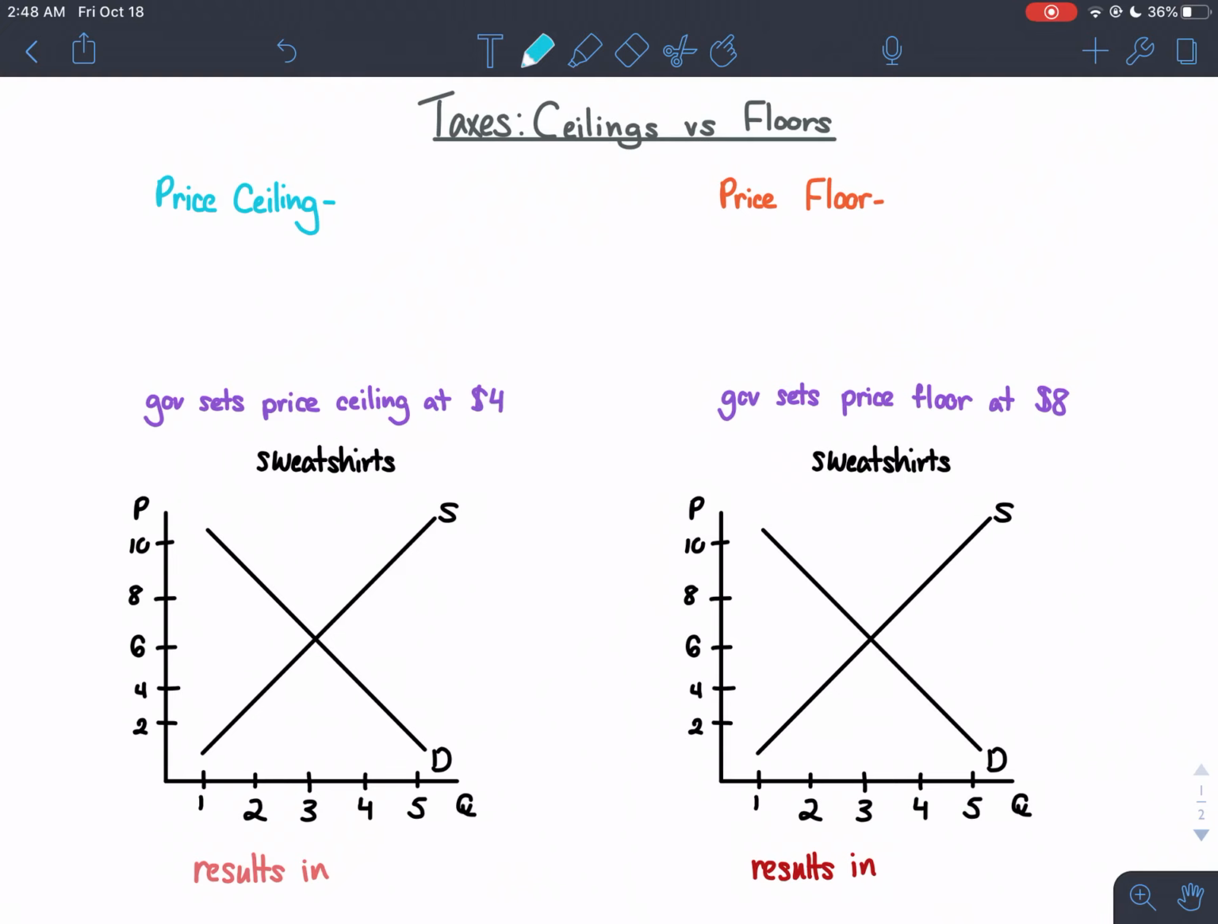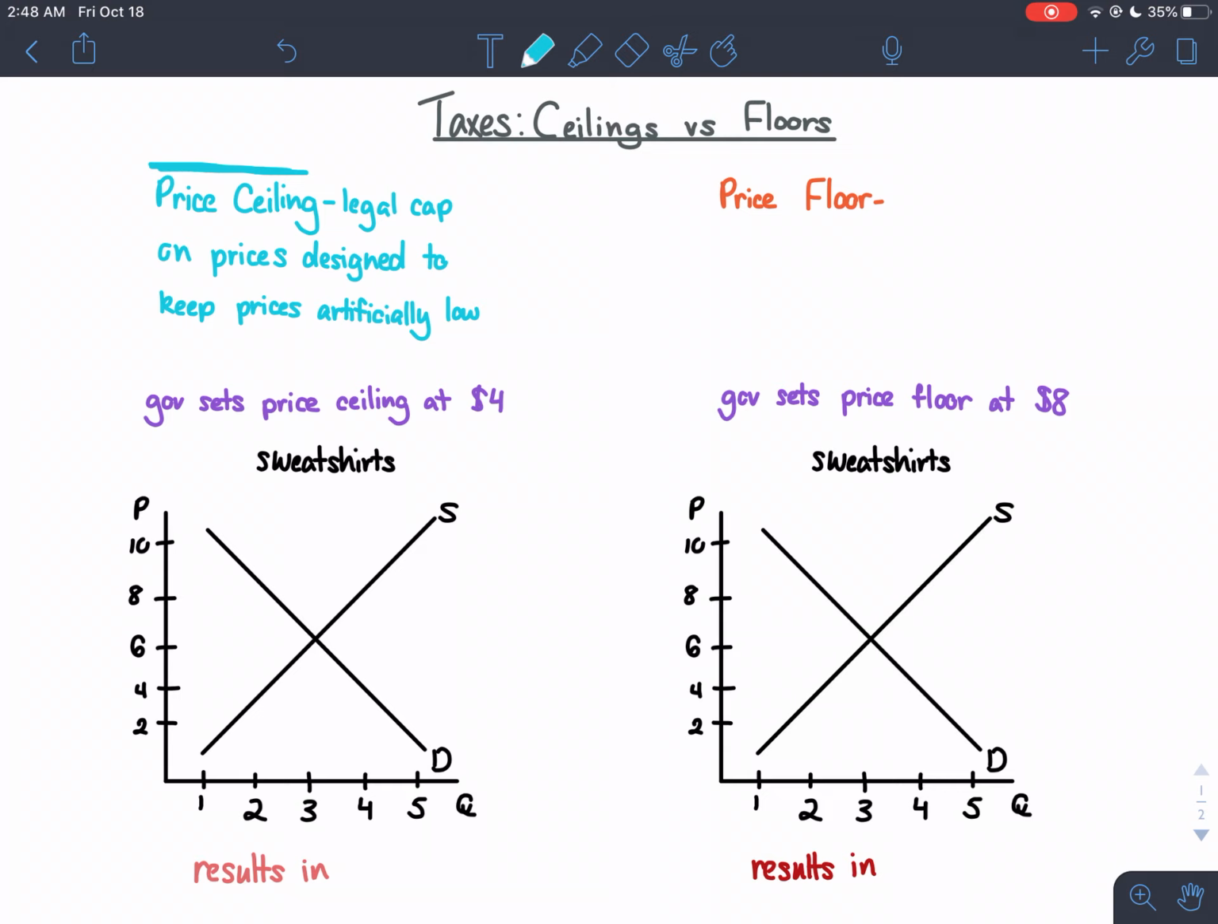Today we'll be discussing the differences between price ceilings and price floors. So, a price ceiling is a legal cap on prices designed to keep prices artificially low that's set by the government. And how I like to remember this is that it's a maximum price set where the price can't go